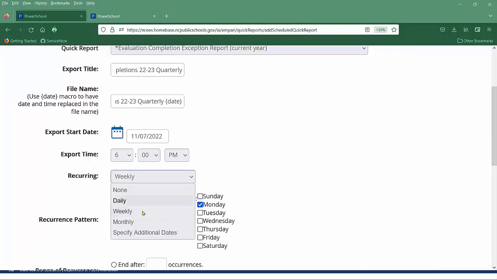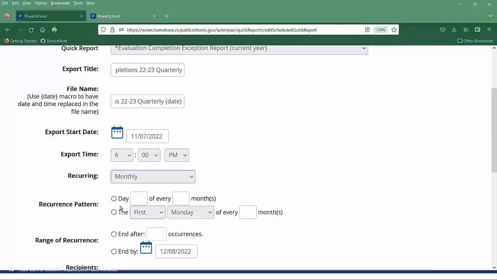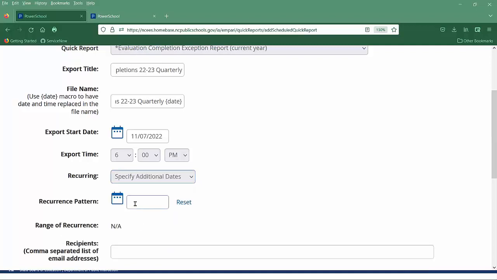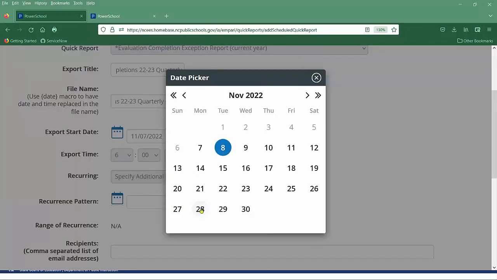There's weekly we looked at. Monthly, do I want to pick the first day of every month or every third month? So I could do that. Same other parameters are still there. And then there's this one that a lot of people like. Well, I know what dates I need to get